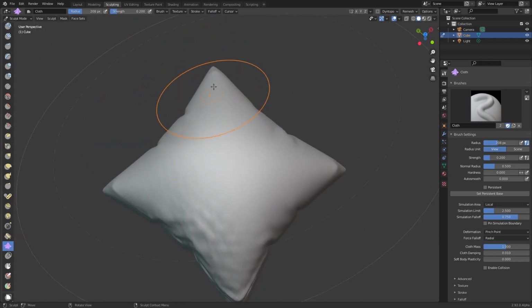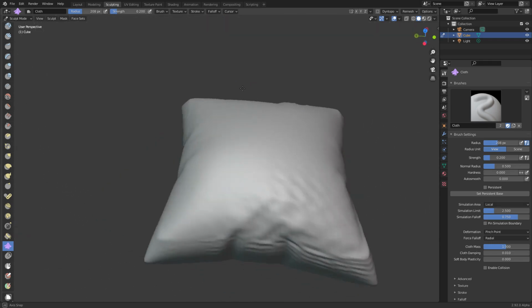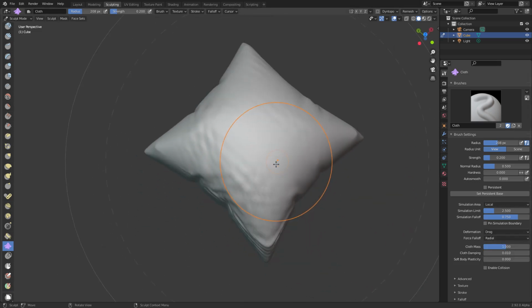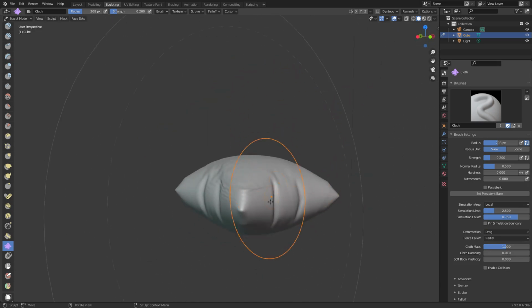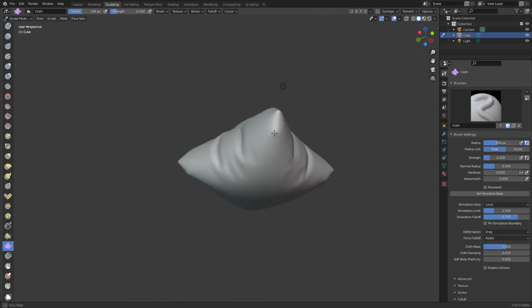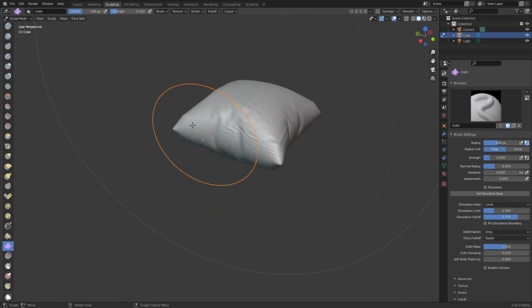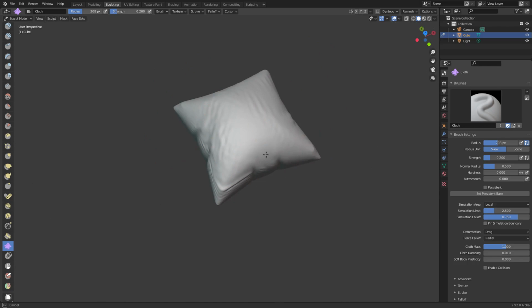And we can always go back and fix or switch this because it's sculpting based. But without getting too in the weeds, you basically just keep switching between these brushes and using them until it looks good, right? But you can see already we've added in a good amount of detail. Just something that makes it look like cloth. And I'm just going to do a bit more before we move on here. Okay,